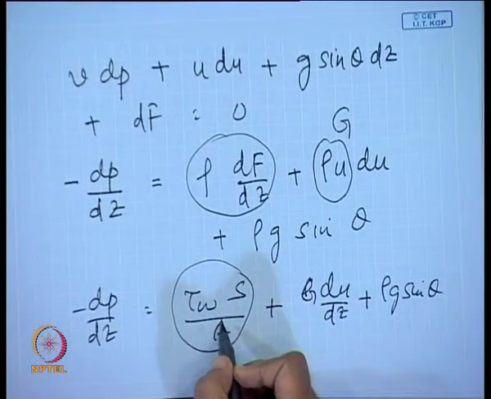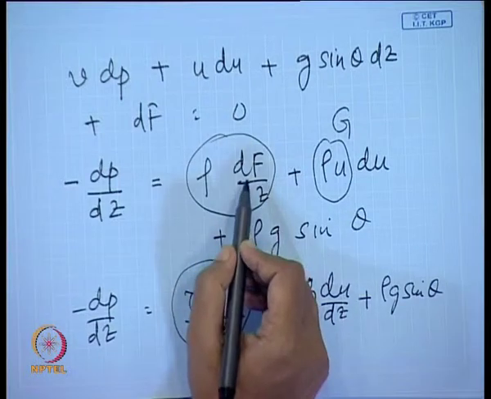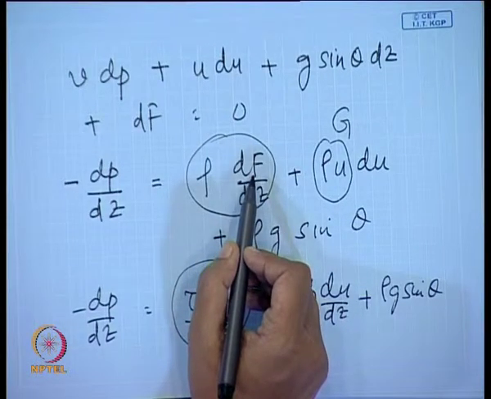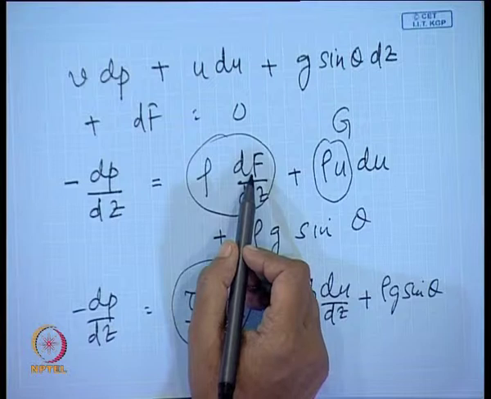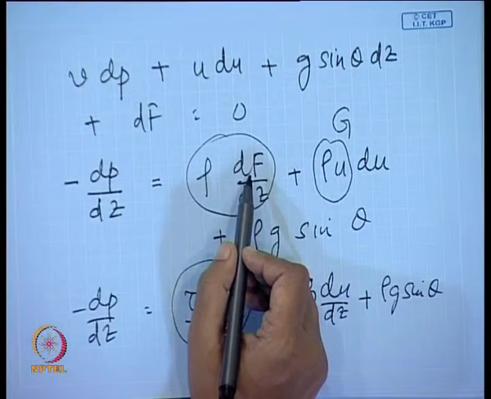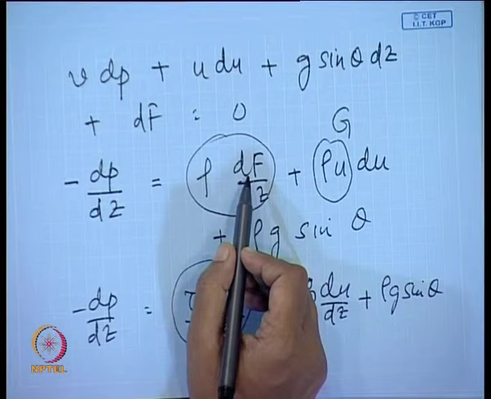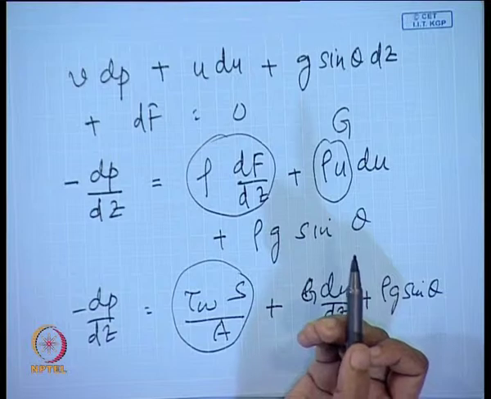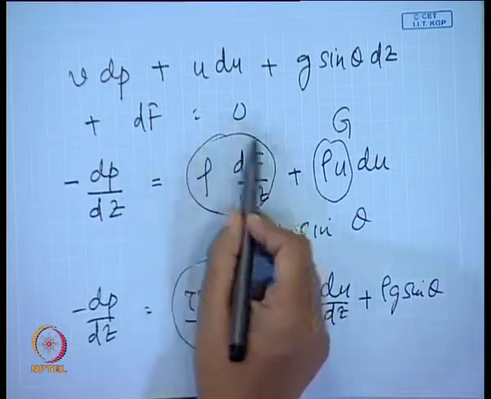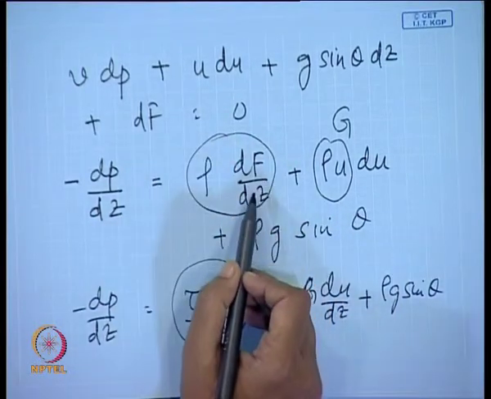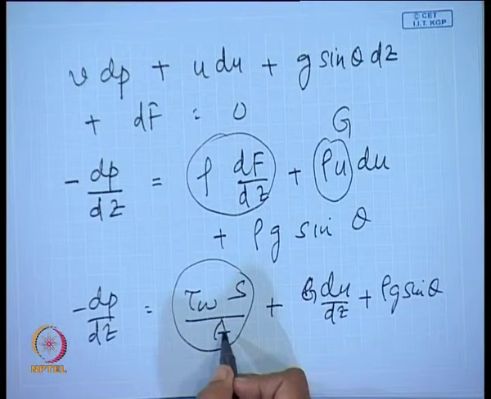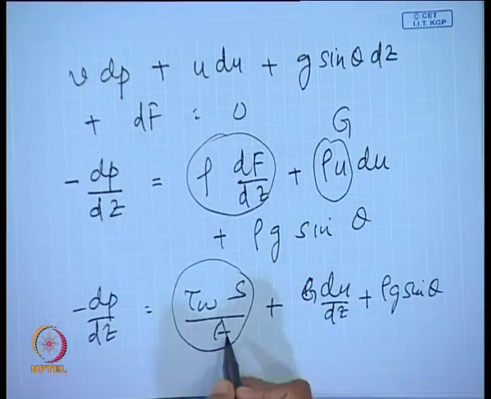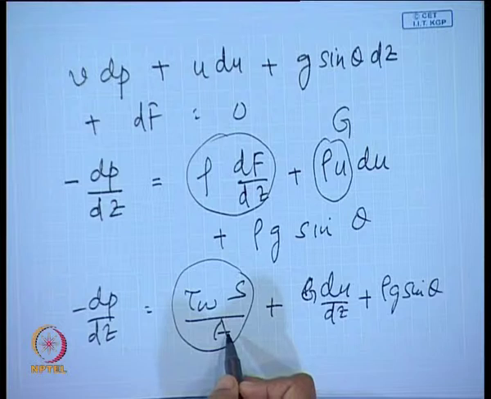This gives you the wall friction, and as I have told you, F is nothing but the irreversible frictional losses. From where do the irreversible frictional losses come when only a single phase fluid, water, is flowing through a pipe? Naturally from the friction, nothing else. So, it is quite obvious that these irreversible pressure losses arise due to the friction, and therefore rho df dz is equal to tau w s by A. For single phase flow, it is not a problem.